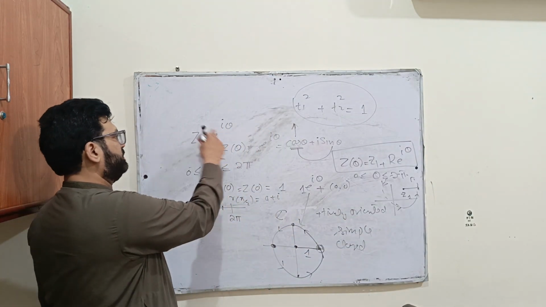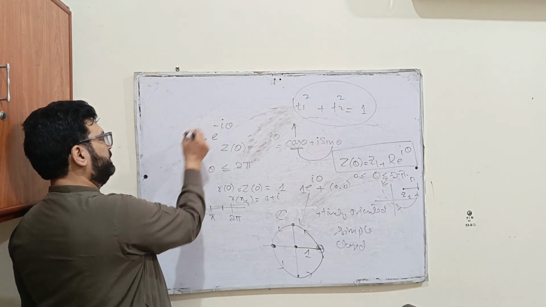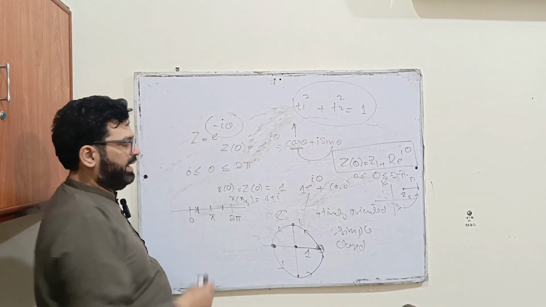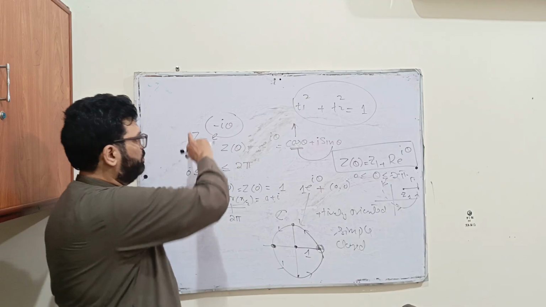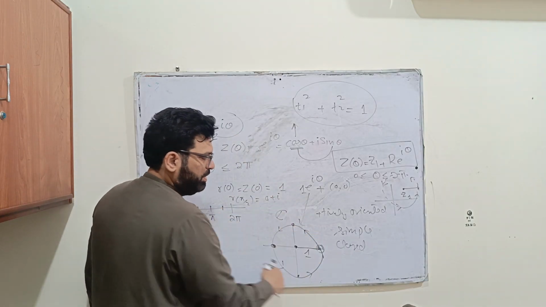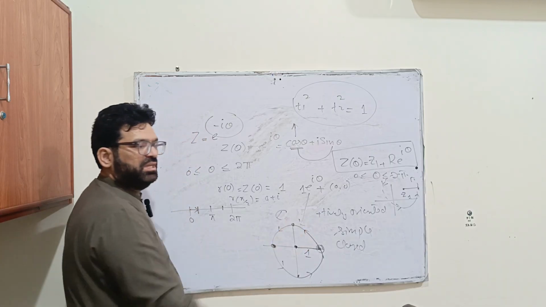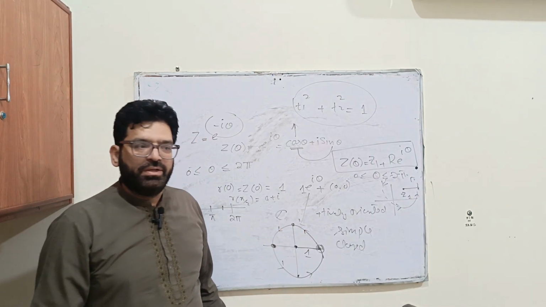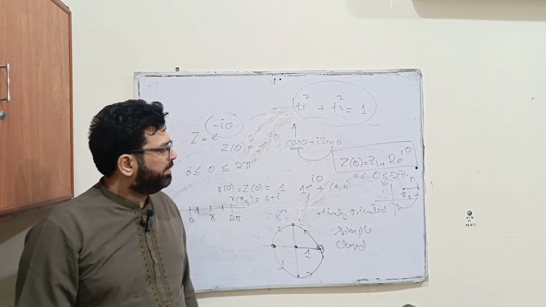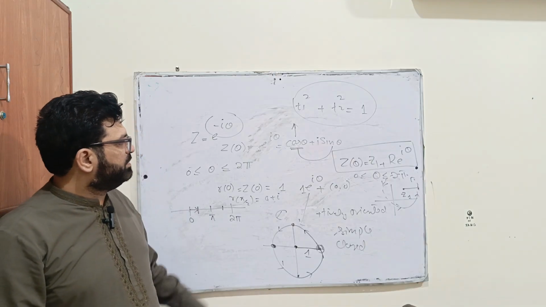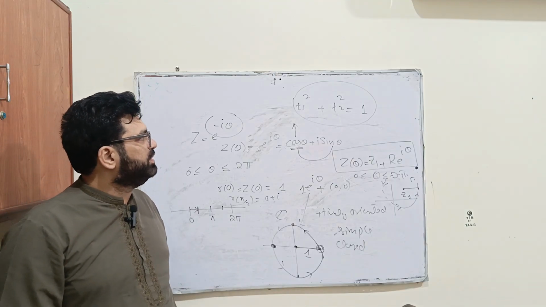Or if you place a negative sign over here, you will get a negatively oriented circle. You will move in this direction. This will be clockwise traveling on this curve. This will be a negatively oriented curve. These curves will be necessary to understand